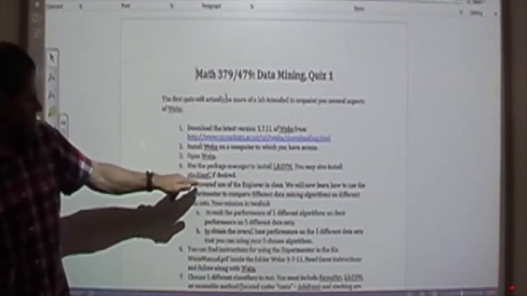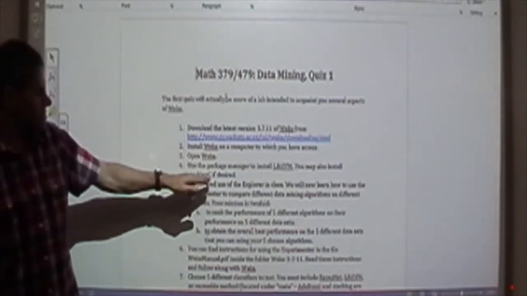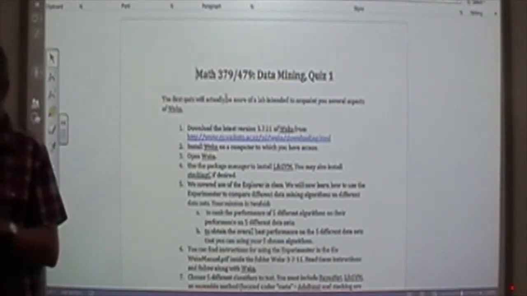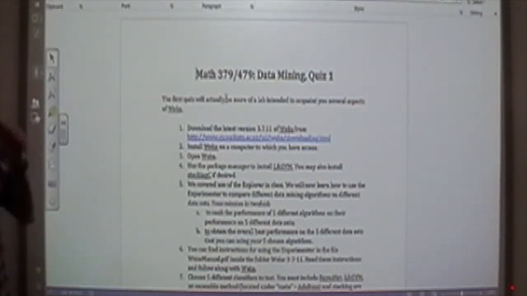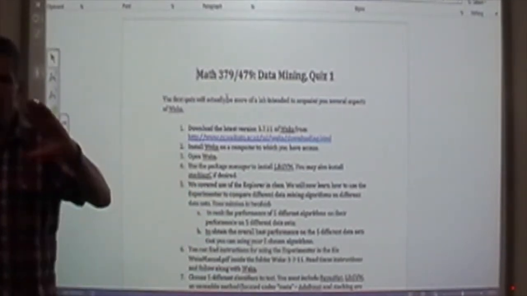If you want, there's a built-in version of stacking in the base Weka system. There's a different version called Stacking C. You can play around with that as well. But that's not required. So what we're going to do, we've already covered